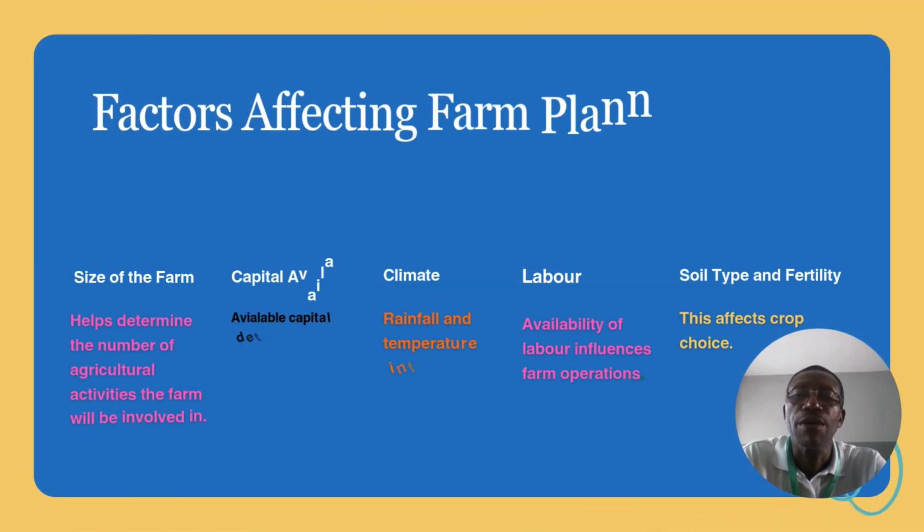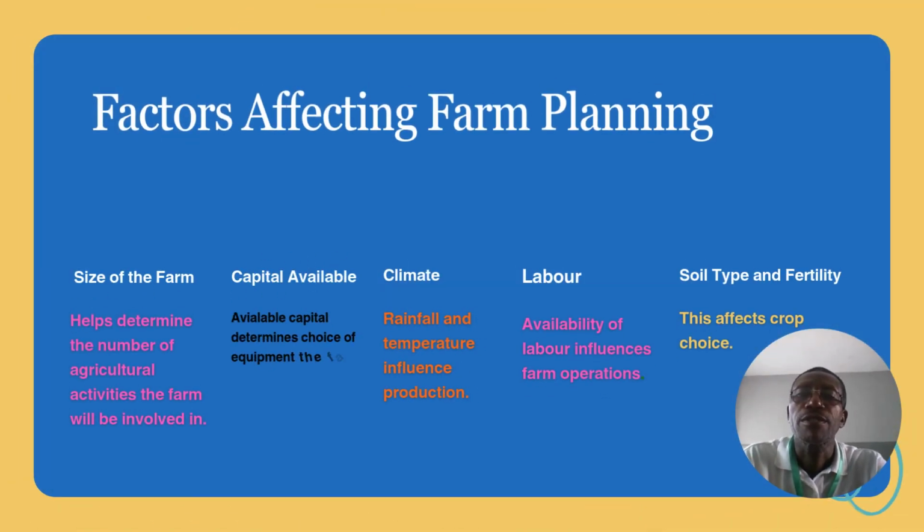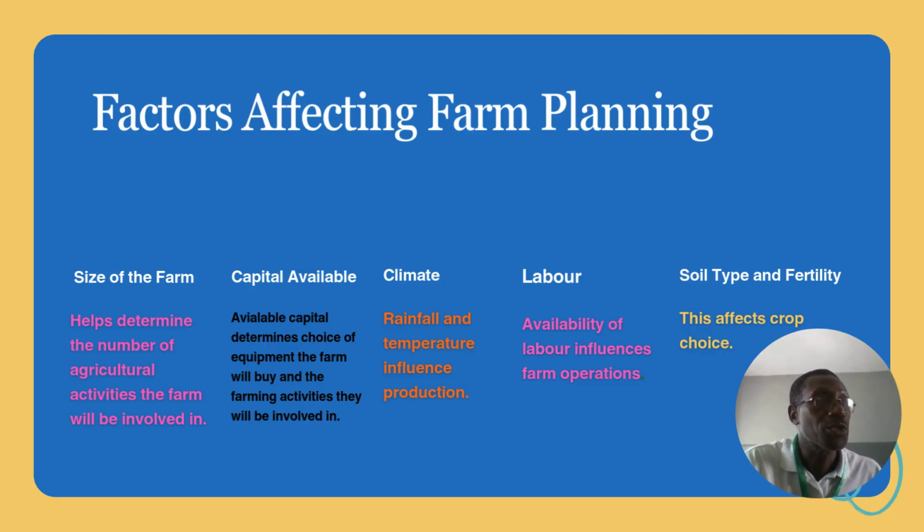All right, so now let's look at factors affecting farm planning. The number one factor is size of the farm. If you are into commercial farming, for instance, you have a large portion of land. You don't just walk into the land and start farming. You need to plan how you are going to use the land for efficiency. Now, another factor